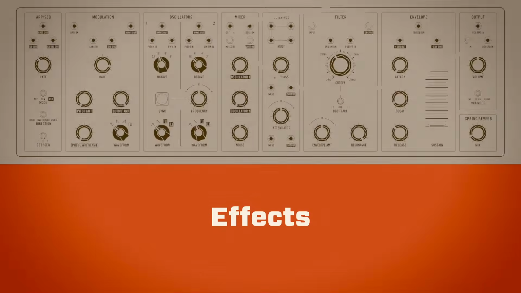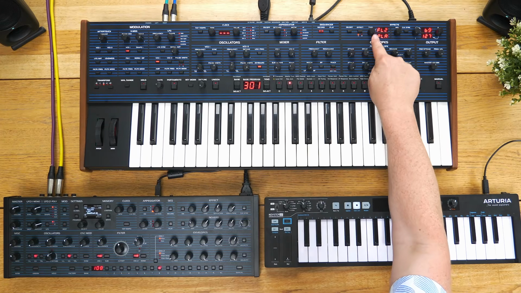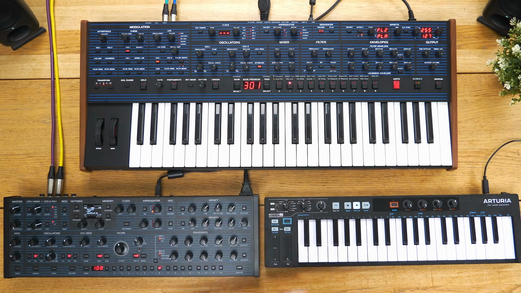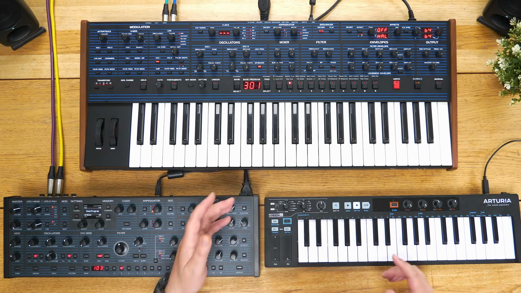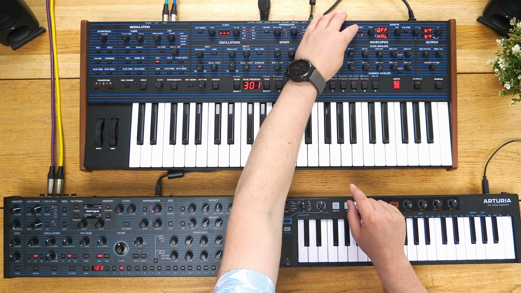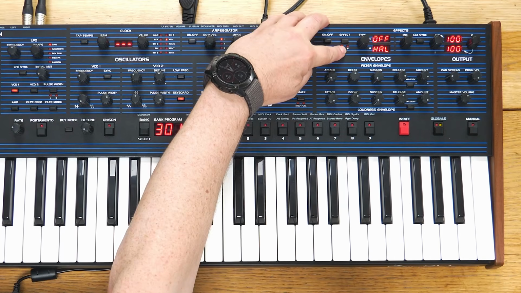They've both got two channels of effects. There's A and B on the OB6, and we've got A and B on the TEO-5. But the TEO-5 to me just sounds much more like effects pedals, much more modern, much more like something you'd have in your DAW, for example. I'll show you what I mean. If we go to the OB6 first, I'll just show you how it works. We've got effects channels A and B,